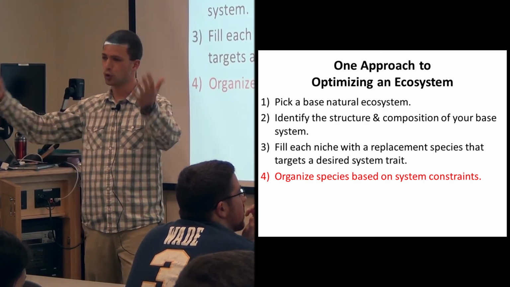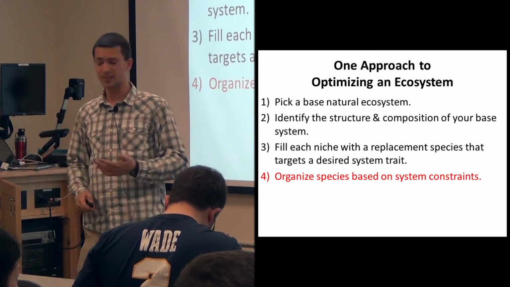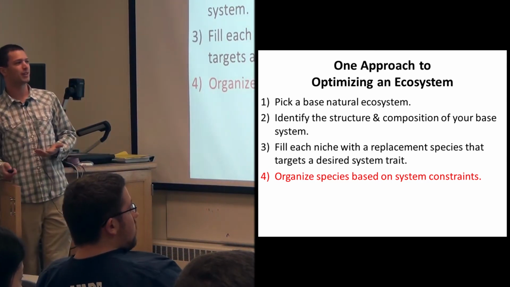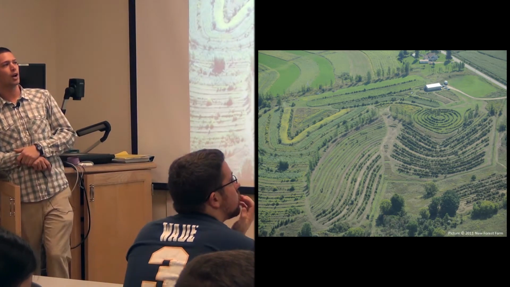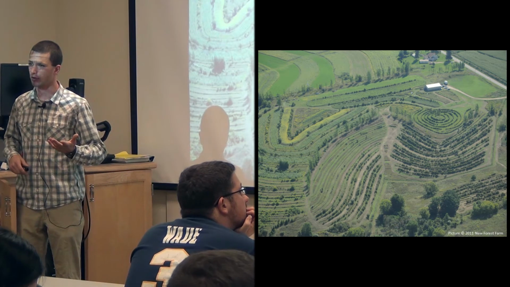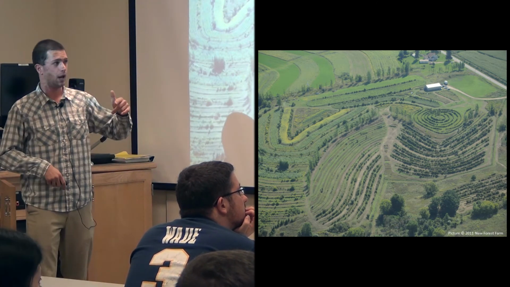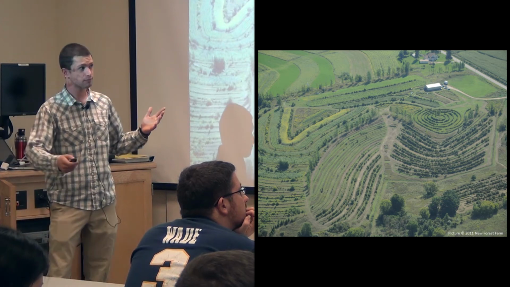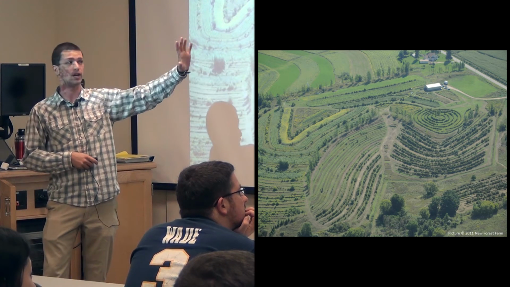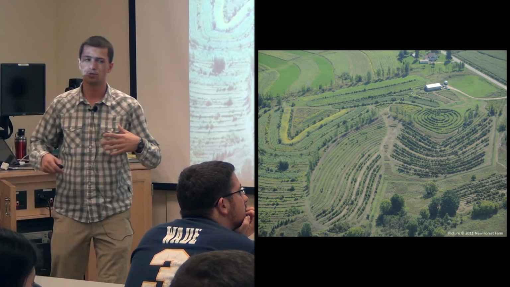Once you have your toolbox basically that you're going to work with, then you need to arrange them in some way. This is probably the most complicated part, but also the part I'm going to talk about the least because it's difficult. So coming back to the picture on my title slide, this is an example of arranging almost the same suite of species I just mentioned, on a 100-acre farm. And so you can see that there's quite a bit of structure going on here, right? There's linear rows, it's very organized, there's a lot of thought put into it. So just to show you a few things.